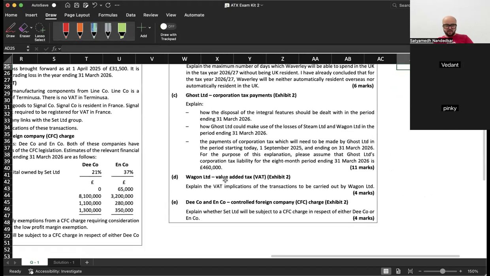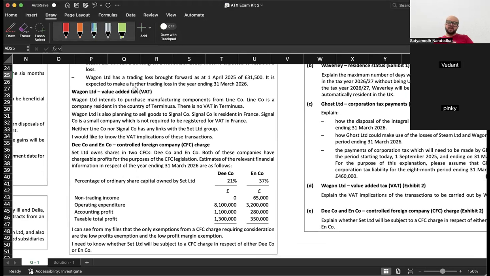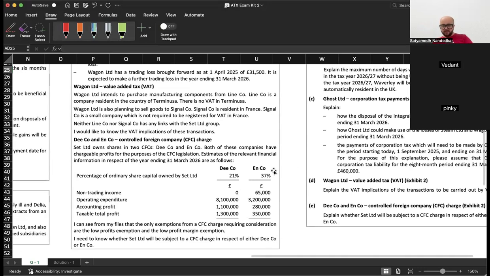कहाँ चला गया VAT? हाँ, यहाँ है। Is planning to sell goods to signal company which is resident in France. Now, whenever an entity sells goods to another entity abroad, the supplies are considered as zero rated supplies. See, zero rated supplies are also taxable supplies, but on that the VAT rate is 0%. तो लाइन कंपनी के केस में पोस्टपोन्ड अकाउंटिंग स्कीम रिवर्स चार्ज मैकेनिज्म, सिग्नल कंपनी के केस में दिस इज सेल टू अ फॉरेन एंटिटी, यू विल कंसिडर दैट टू बी जीरो रेटेड सप्लाईज।